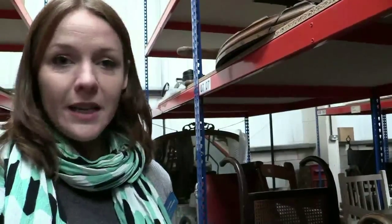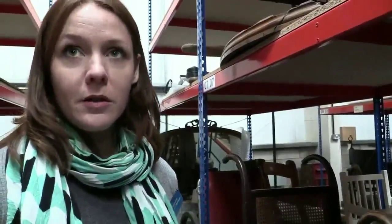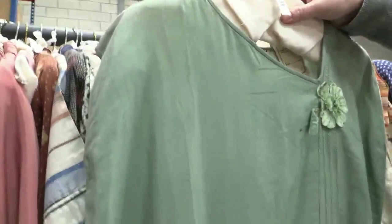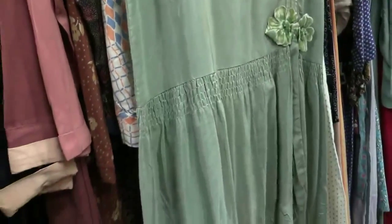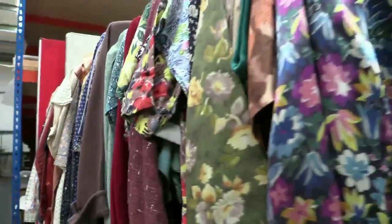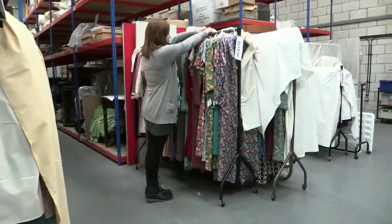So displayed together, these fragile items would tell the story of a whole person who is very much beloved by the people of Walsall. I think we've probably got about 4,000 or 5,000 garments. We've got a large single collection which came from one place. That was the Hodson shop in Willenhall, and I think there's probably about 2,500 garments just from that one place